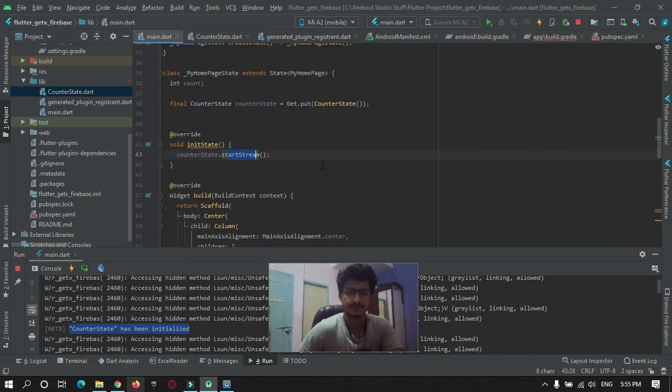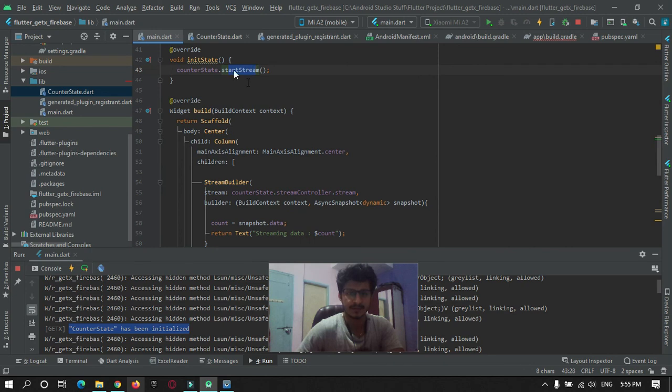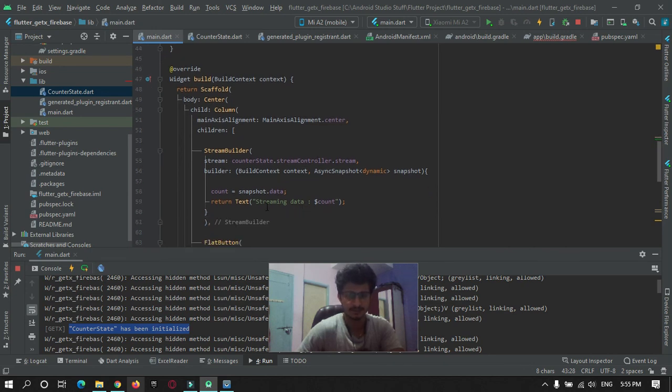Okay, and then as soon as the stream starts, we are fetching the data and showing it in a text widget by making use of a stream builder and the stream.